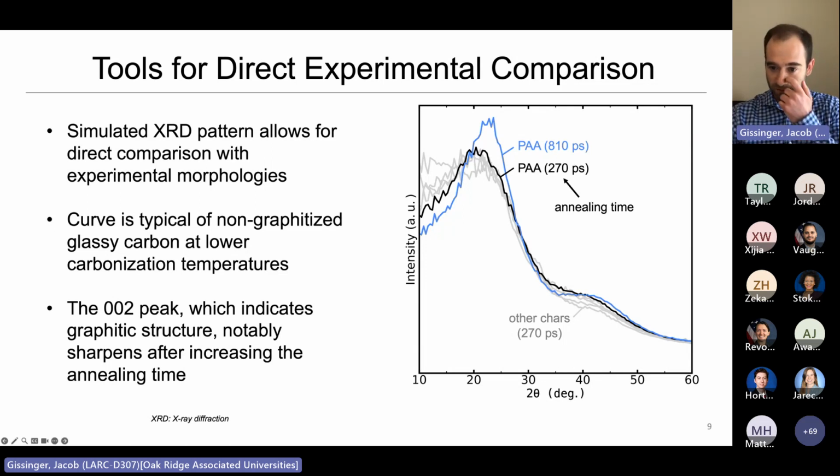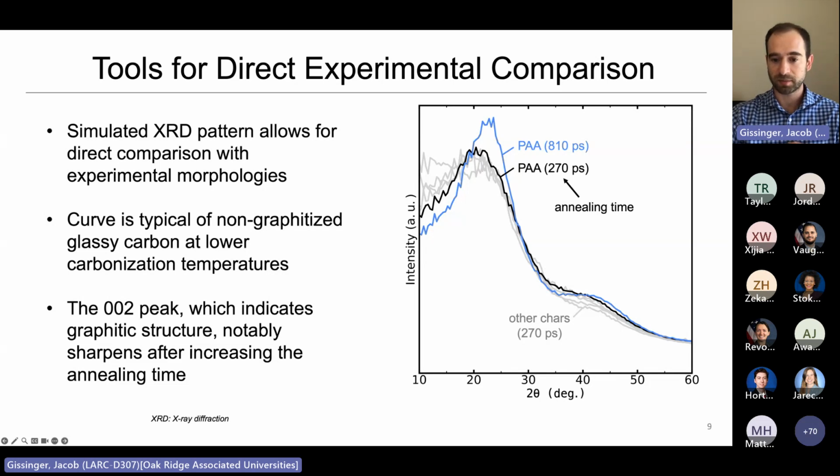So increase the duration 3 times, and you see a considerably sharper peak, which corresponds to the 002 peak in the XRD pattern, which is the space between graphitic planes. So in other words, these models are slowly getting more and more graphite-like as you increase the annealing time, which is to be expected. But taking a look at these curves can tell you exactly how far we're getting with